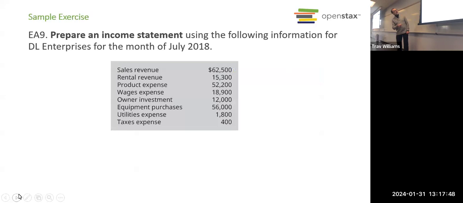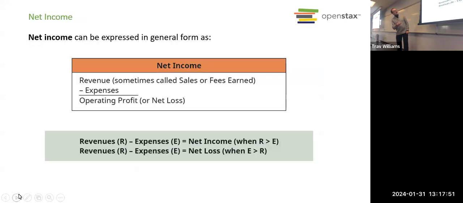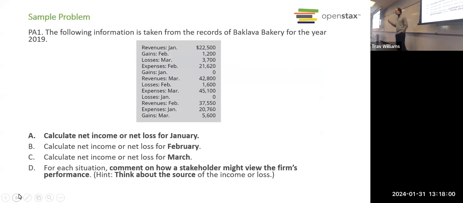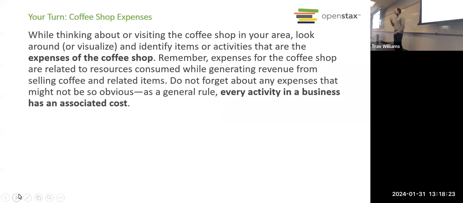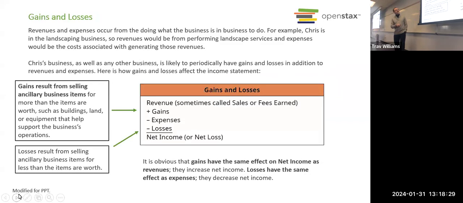We did exercise 9, right? Okay. So we know that a net loss occurs when the expenses are greater than the revenues. We did problem number 1. Well, we did part of problem number 1, right? We did March, and you will be doing January and February and commenting on each month if you haven't already done that. We talked about how Starbucks has multiple sources of revenue, multiple things that it can sell to make money. It also has multiple types of expenses that it has to pay in order to operate its business.